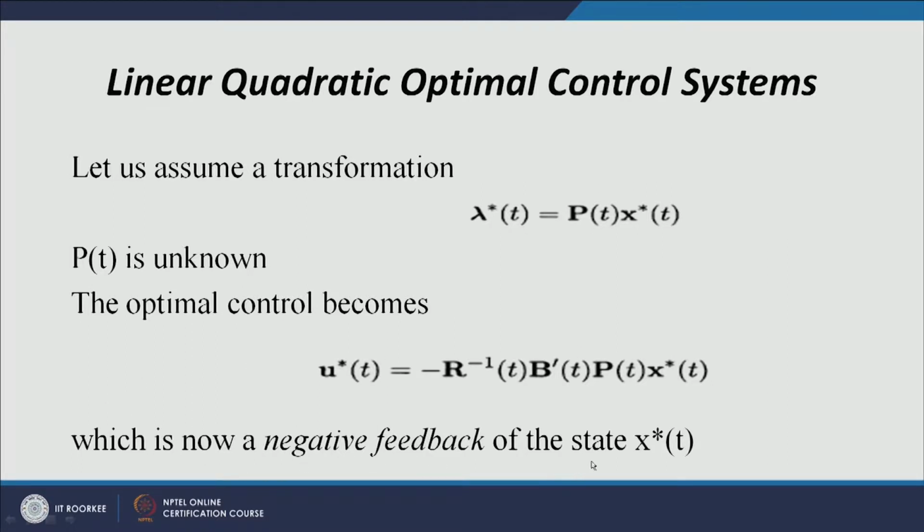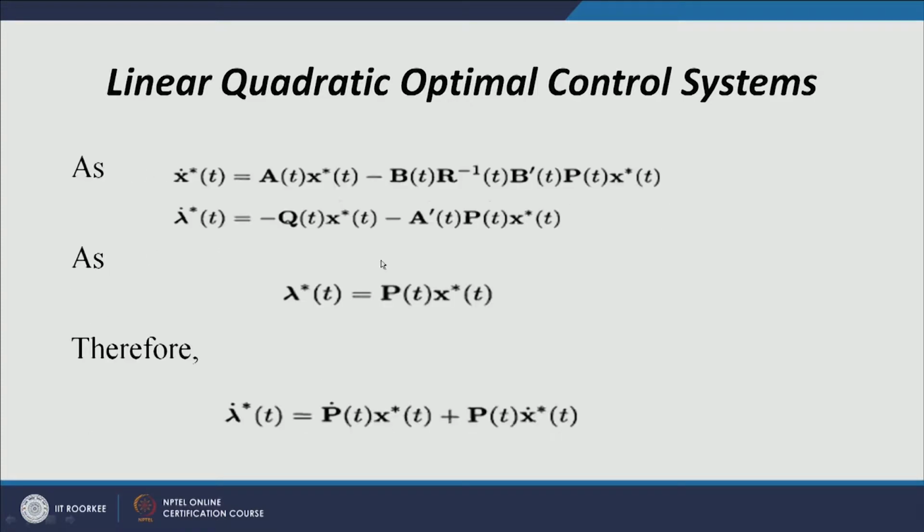This negative feedback of the state x(t) can be used as my control feedback. Now, from my Hamiltonian system I have x dot as Ax minus B R inverse B prime P x and lambda dot